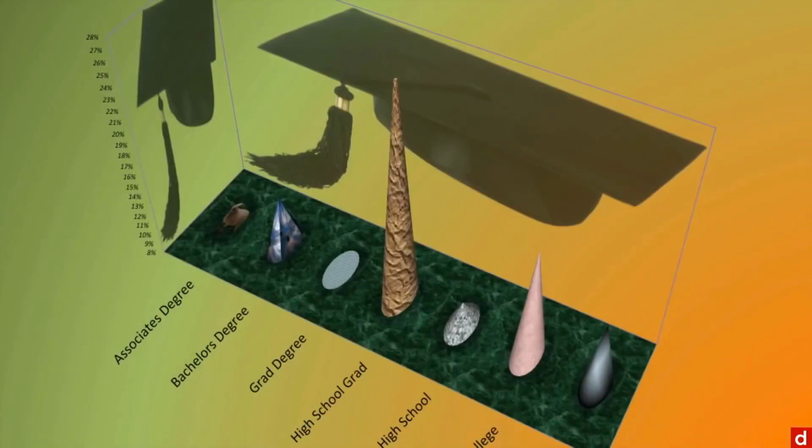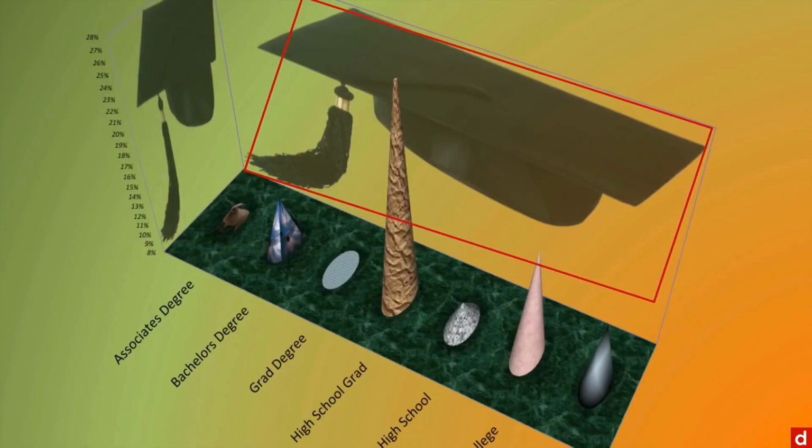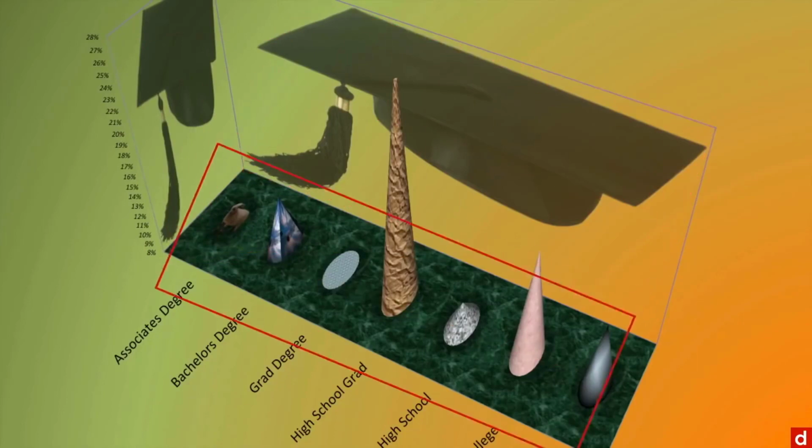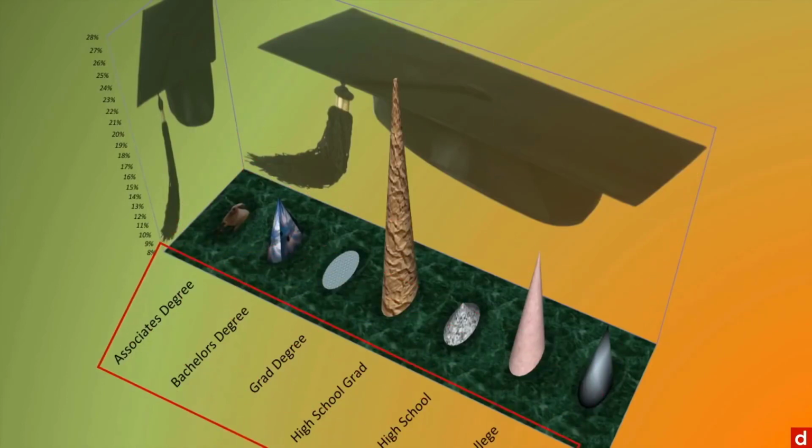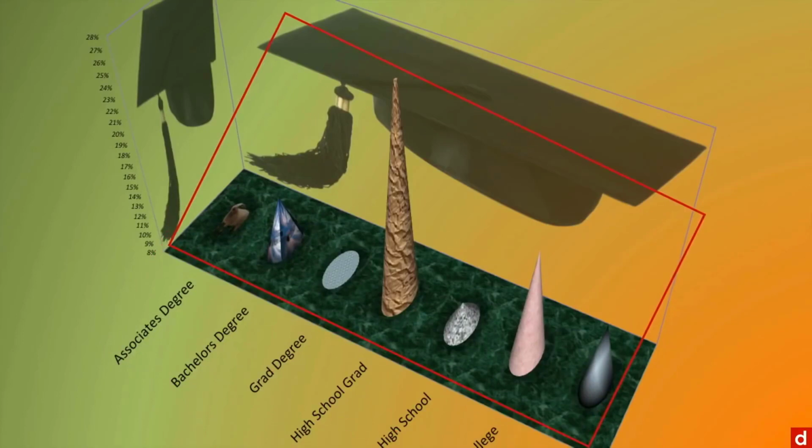We've got a scale here that starts at 8, goes to 28%, and it's tiny, doesn't even cover the range of the data. We've got this bizarre picture on the wall. We have no axis lines on the walls. We come down here, the labels for educational levels are in alphabetical order instead of the more logical higher levels of education. Then we've got the data represented as cones, which are difficult to read and compare, and it's only made worse by the colors and the textures.